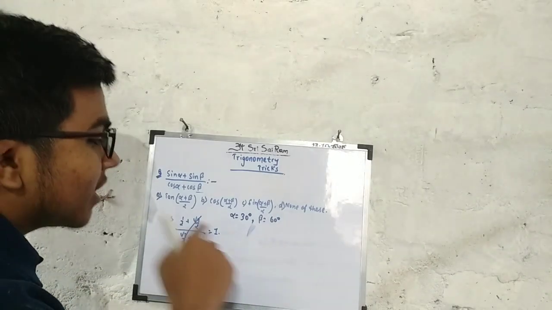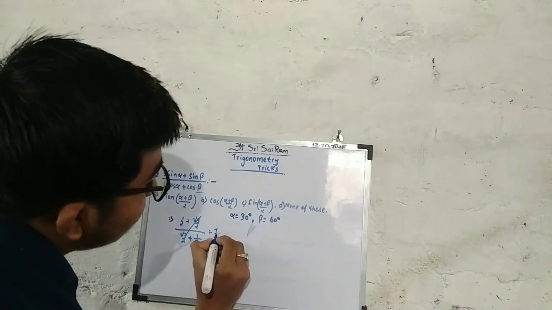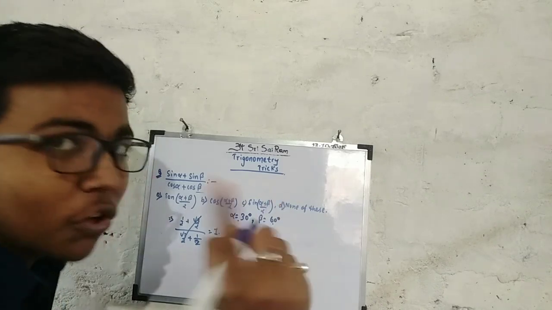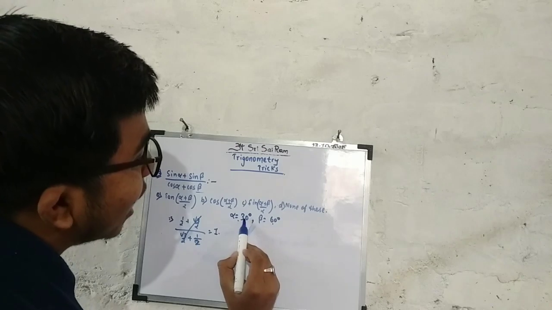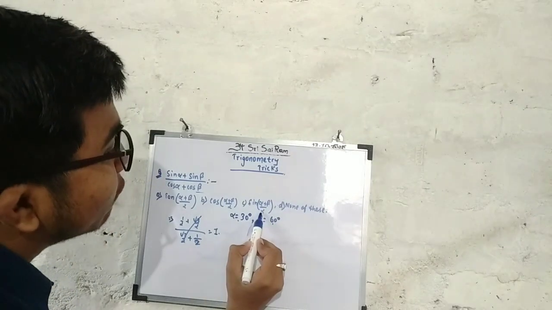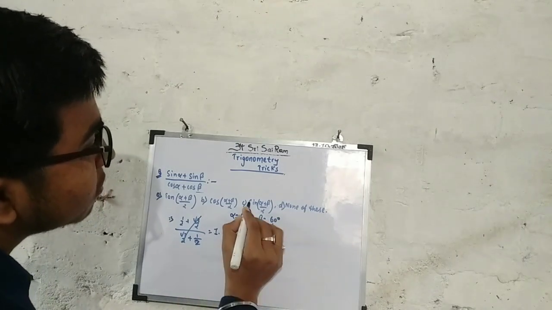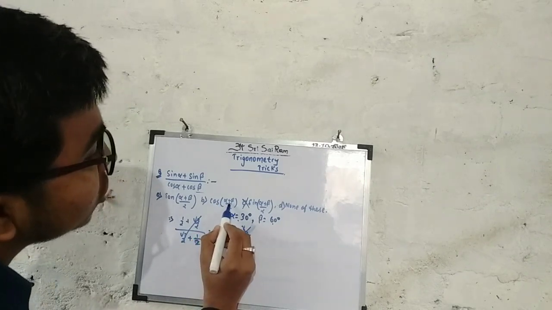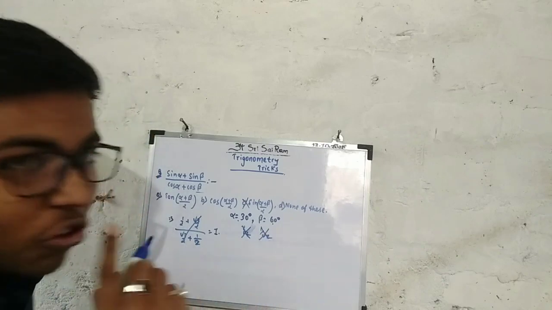Now this method is called the substitution method. I will tell you afterwards. Look how. Now this is 1. I let alpha is equal to 30 and beta is equal to 60 degrees. Look from the options. If I put it here, sin of (alpha plus beta) by 2, 60 plus 30 is 90, by 2, sin 45. Sin 45 is 1 by root 2. It's not 1, so this option is not correct. If we look at sin cos, then cos 90 by 2, cos 45, this is also 1 by root 2. So this is also not the option.